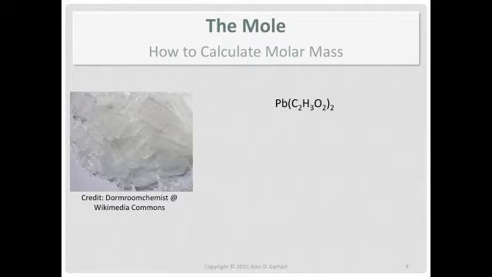This is lead(II) acetate, which is also known as sugar of lead, which admittedly gives me the creeps when I think of it that way. If you go back to early Roman times and before, they used to make something called sapa, which was a sweetener. Now, you didn't have a whole lot of options to sweeten things back then. They would take grape juice and put it in metal cookware and reduce it over heat, and as the water evaporated out, it would get thick and syrupy. And it was sweet, so you could add it to things as a sweetener. Not like you had a whole lot of choices for sweeteners, so it worked well.